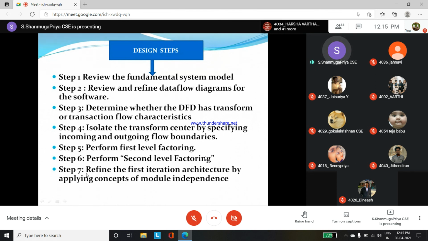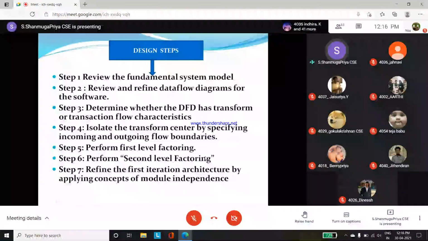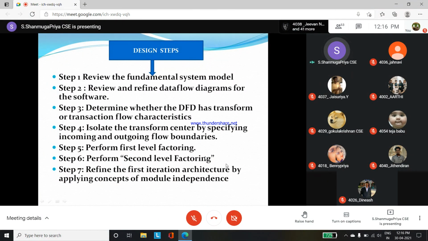Step 7, we design the first iteration architecture. Whatever we did in the second factoring, if we want to minimize it, we can go for the first iteration architecture. We can redefine the first iteration architecture. That is our 7th step. These are the 7 steps we follow in transaction mapping.